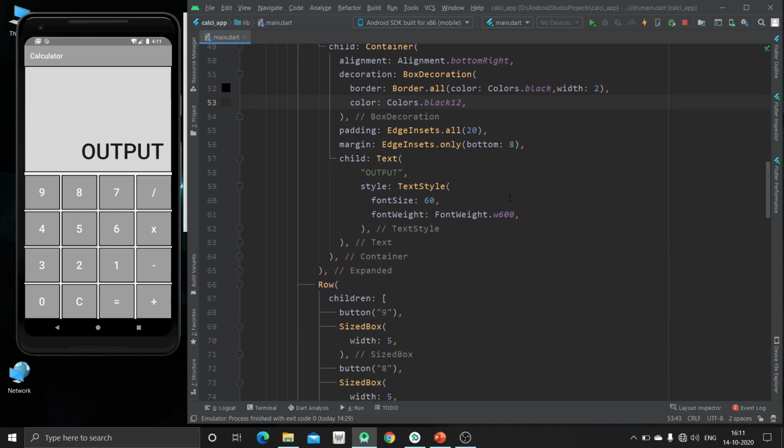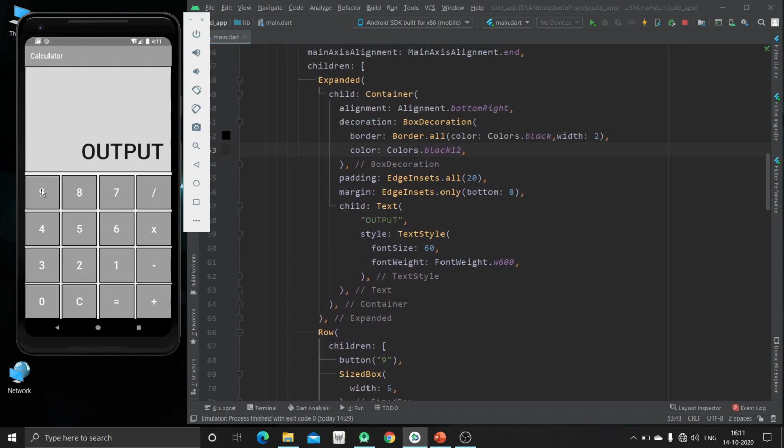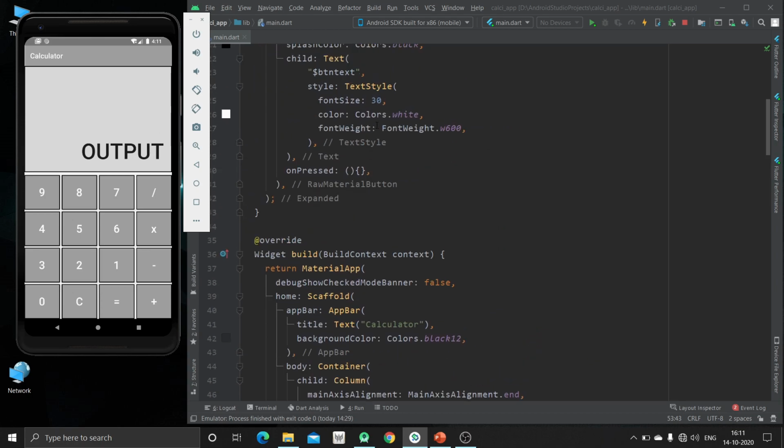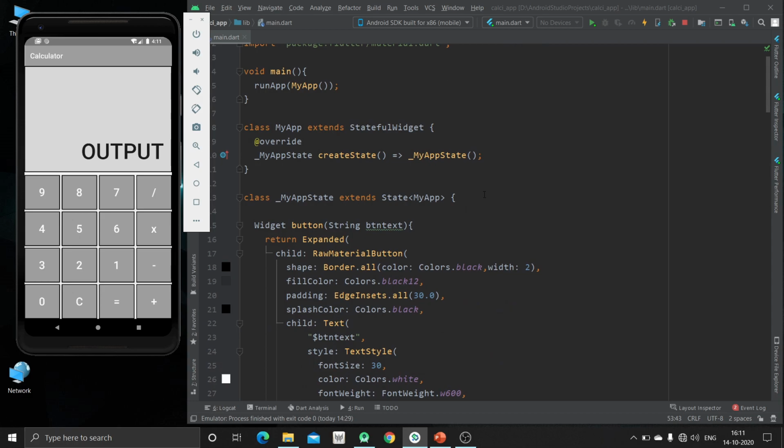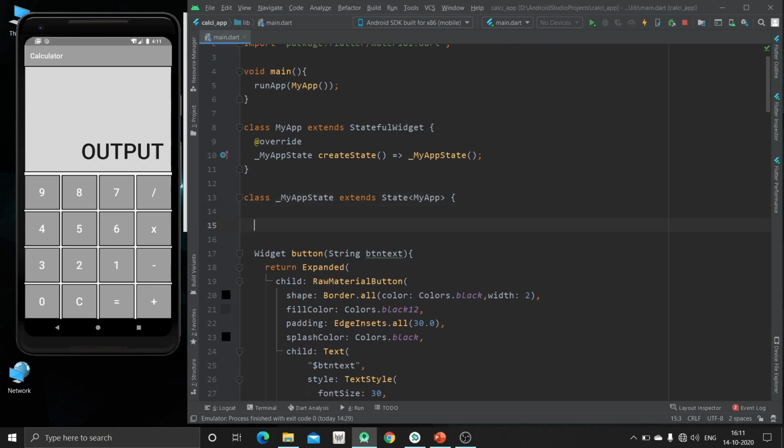Now the operation should be implemented, the number should be visible over here, and after that the operation should be performed. So for that we are going to create one function that is for operation.